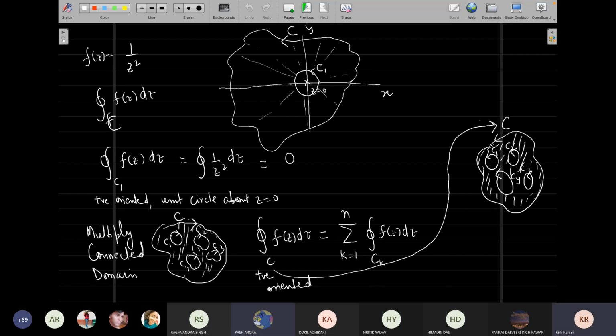Sir, in these multi-connected domains, C1, C2 — we just have to take circles. C1 we can take as a circle, C2 we can take as an arbitrary shape; it's all the same. The point which we are trying to emphasize here is that there is no need for a circle. You can make your square, whatever you can.